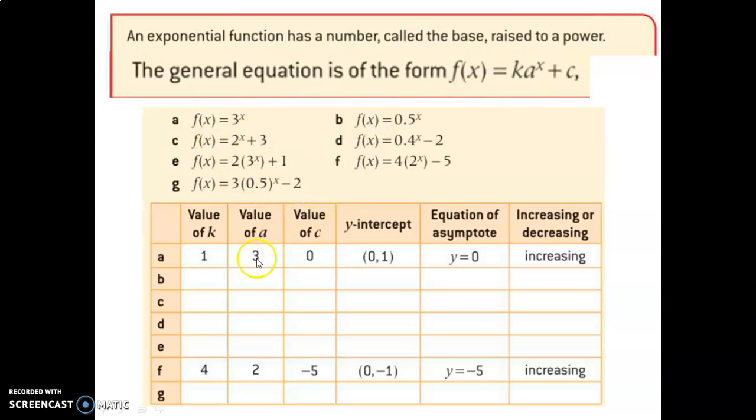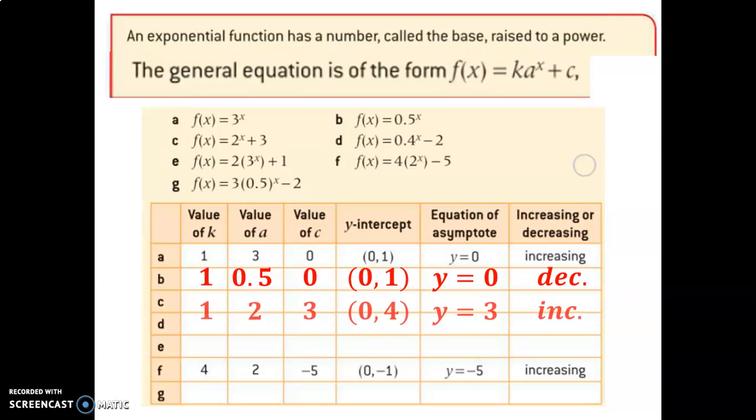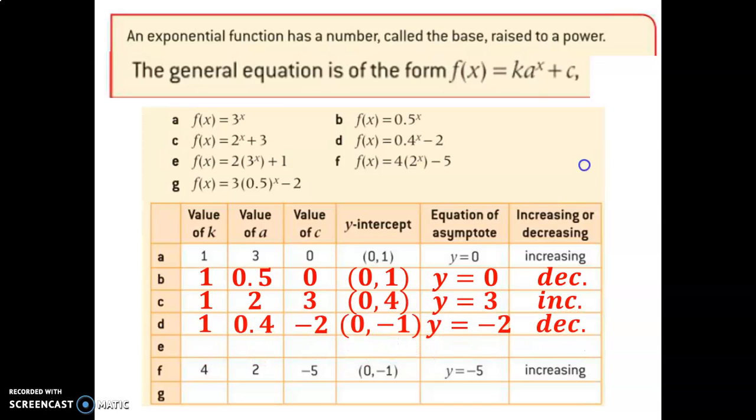So looking at all these functions, fill in this table. Notice in the first one we have a k value of 1, because there's a number in front here that we don't see, which is a 1. The value of a, the base of the exponent, is 3. Then we have 0 for the c value because nothing's being added, and so on and so on. See if you can fill in the next row. And now check your work. Now try the next row. Check your work. Now do the rest and check your work. This is a great check on whether